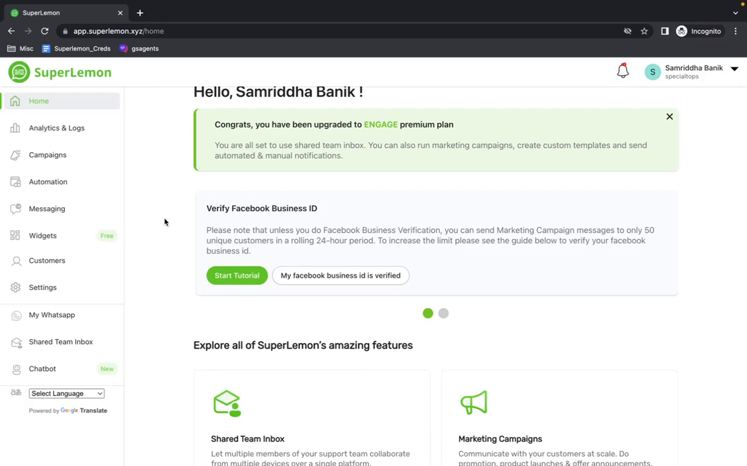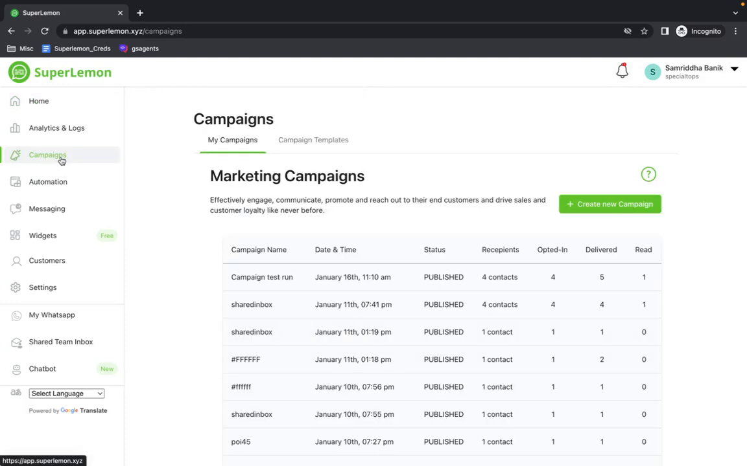Let's look at how to set up a marketing campaign. Log into the SuperLemon dashboard and click Campaigns in the left navigation drawer over here. Through WhatsApp marketing campaigns, you can send promotional messages, product releases, newsletters, and so much more to users via